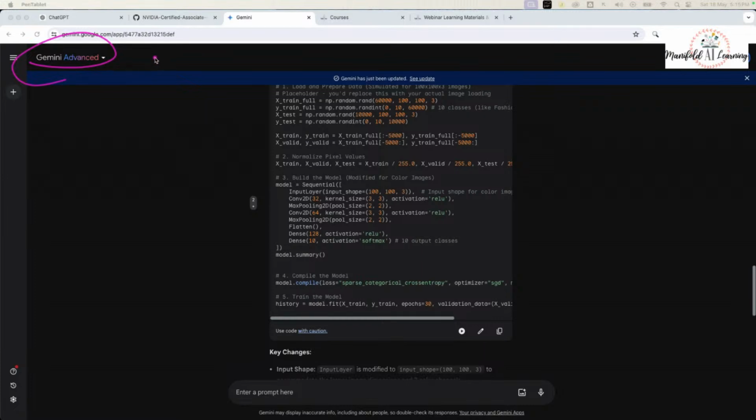Now, one problem is that it has been trained on general data. For example, if I ask this tool what is the favorite color of Azrin, it cannot answer, because it's not trained on that personal data. In the same way, if I'm working at a company, let's say Facebook, and I ask what is the Facebook leave policy, it cannot answer it. That means all these AI tools are trained on general data.